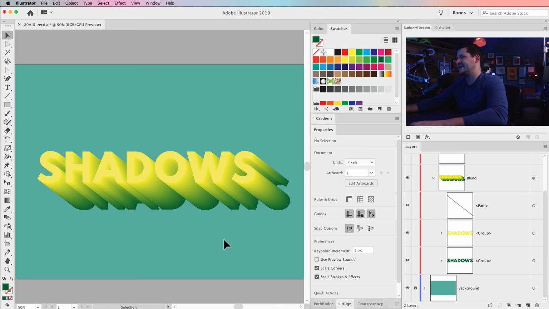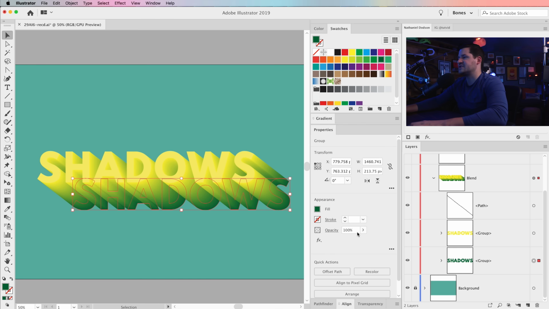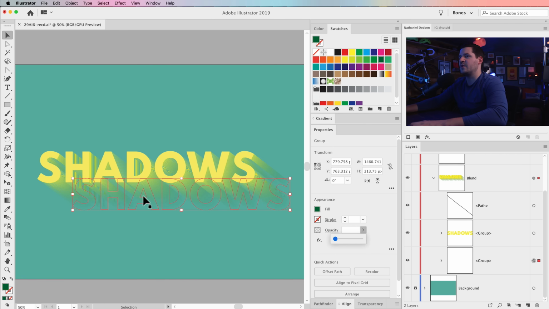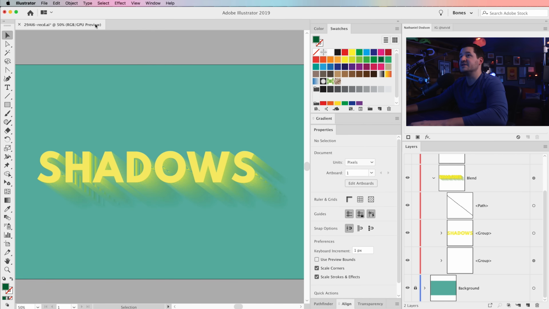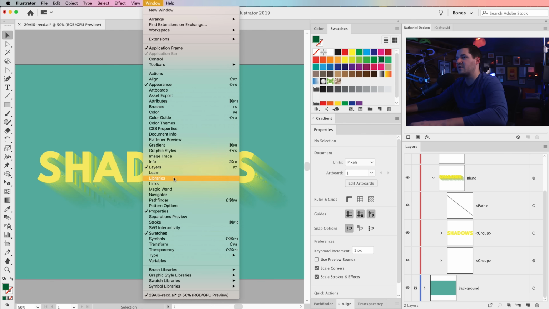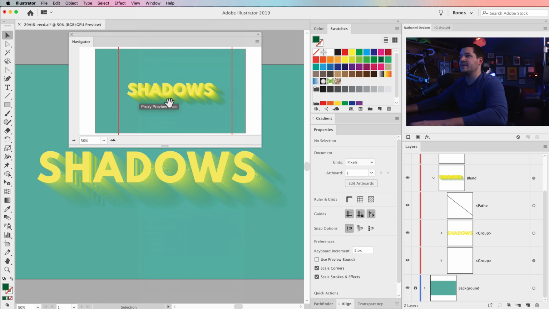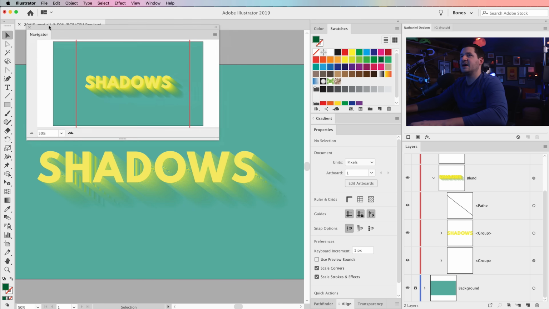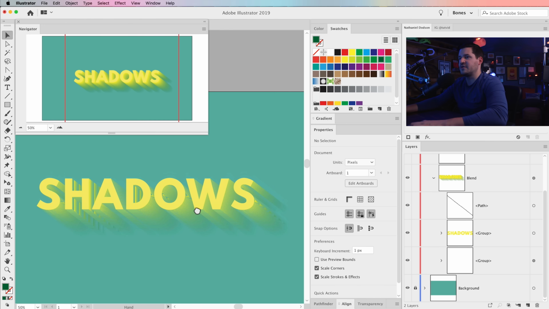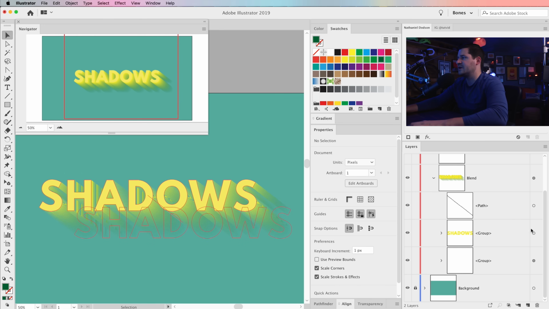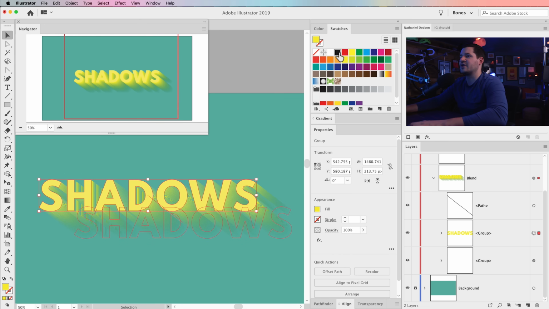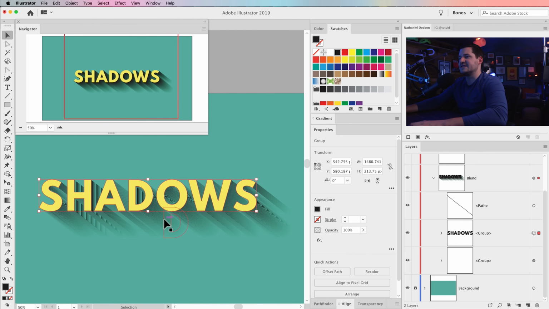So now this makes the text look pretty plasticky and not necessarily shadowy. So maybe I'll take that bottom piece of shadow, knock the opacity down, but we know that that's really going to affect us negatively. You can see that looks awful. Once again, we go to our friend, the Navigator panel, and we can see that it looks pretty decent. I may leave the Navigator panel out here for the duration of this tutorial and work in this tiny little window. And you know what, as I'm looking at this, I think I do want to go back to just black on top because I want to kind of make a moving shadow.